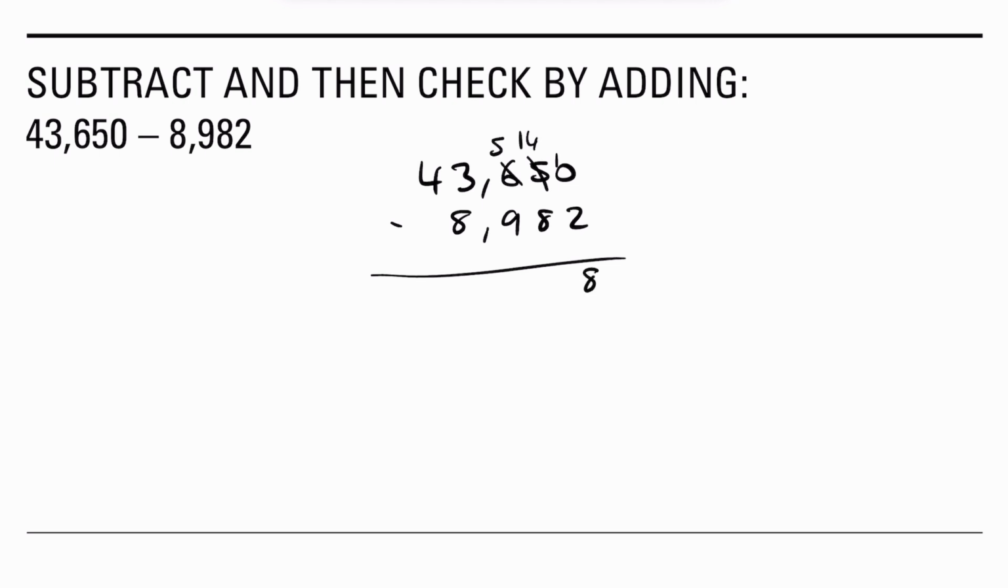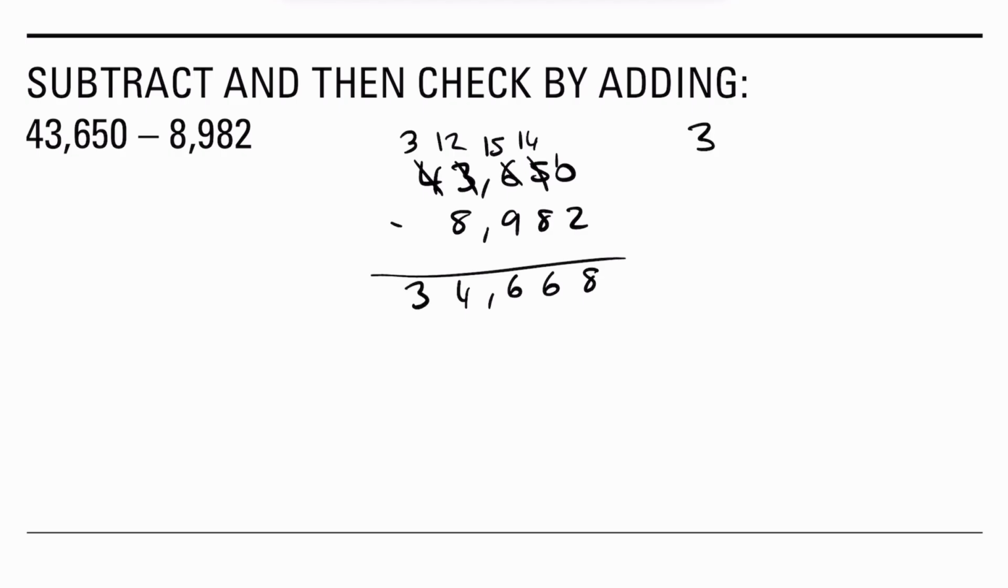All right, so 43,650 minus 8,982. And so 0 minus 2, can't do that, we need to borrow there. 10 minus 2 is 8. 4 minus 8, well, we can't do that. Then 14 minus 8 is going to be 6. 5 minus 9, can't do that. So 15 minus 9 is going to be 6 as well. And then 2 minus 8, we also can't do that. So then 12 minus 8 becomes a 4 there, and then we bring that 3 down, and we end up with